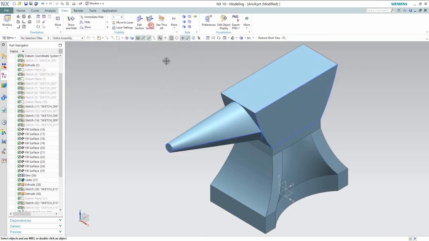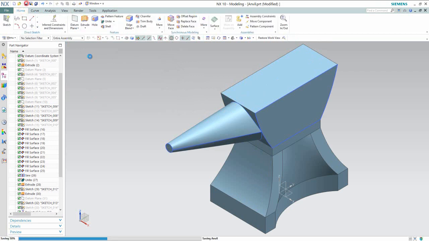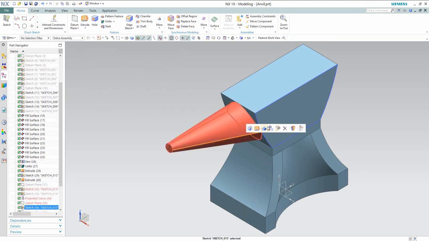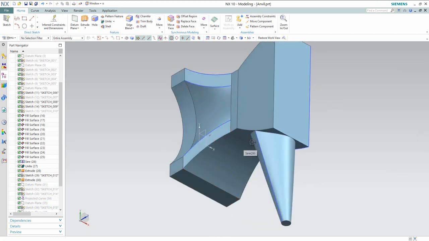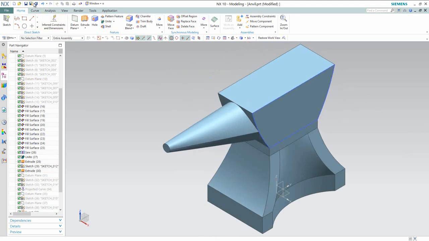Now my anvil model is converted into a single solid body by using unite command. OK, save the file.